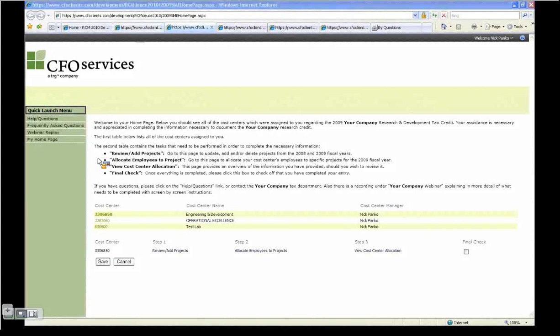So if we're looking at, say, engineering and development, this is the cost center. For this version of the page, what we're having them do is 3 steps: review and add projects, allocate employees to projects, and then review the cost center allocation of those people to those projects. This is one example. We'll show you another example next, but I just want to show you something. So if we're working with this engineering and development and we review and add projects,